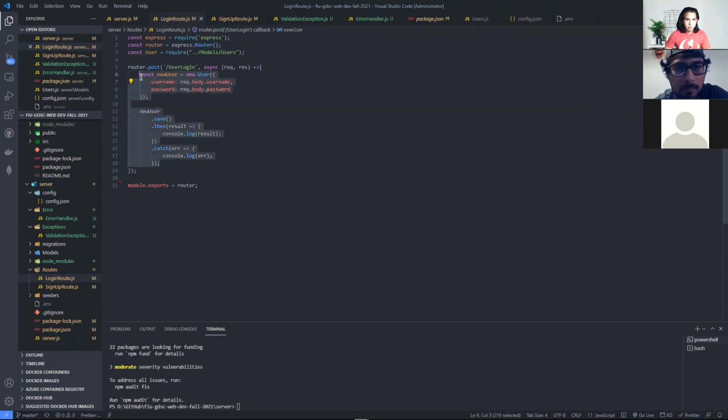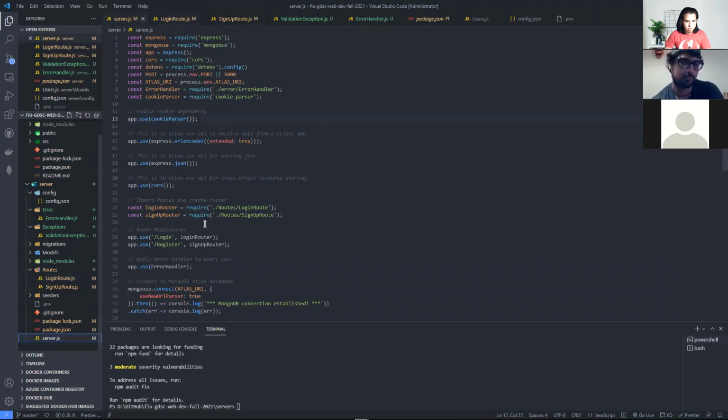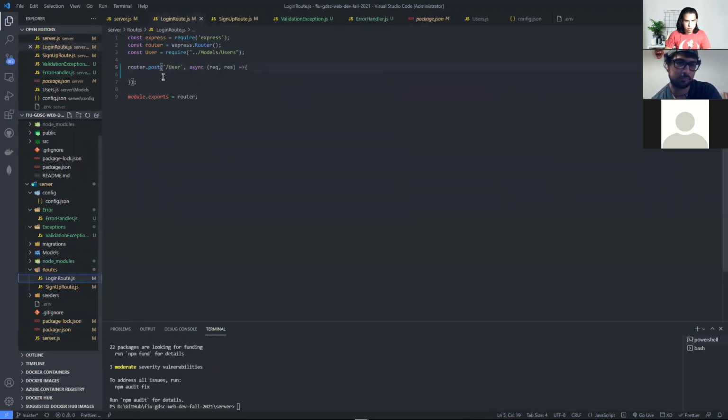Okay, so who has the login? I know one of you guys has it. Login route, login. Okay, let me try to fix this real quick. So when we log in, it's going to be login user. Okay, so it's gonna be login user, correct? Okay, so it's gonna be login user, and we're gonna intake the values for